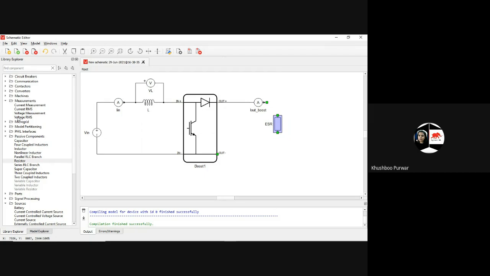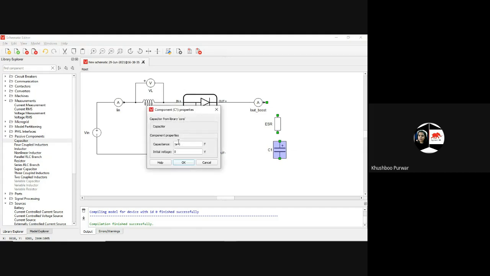Now, I will also use the capacitor along with this equivalent series resistance. So this is my capacitor, and this capacitor value I'm going to put a little bit higher. So the value will be, instead of 1 e to the power 6, I'll be using 810 e to the power minus 6 farad. This is according to the calculation. Otherwise, for the experiment purpose, you can change the values and observe the results.